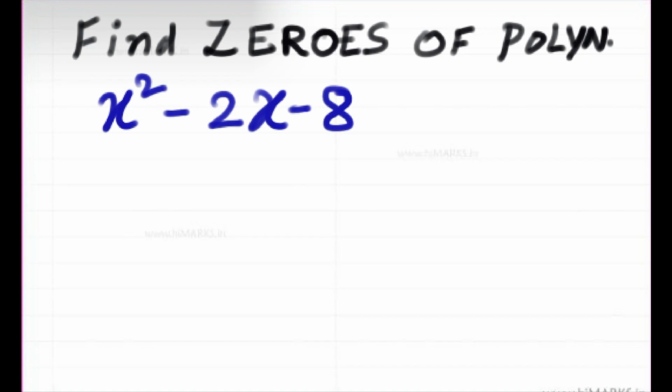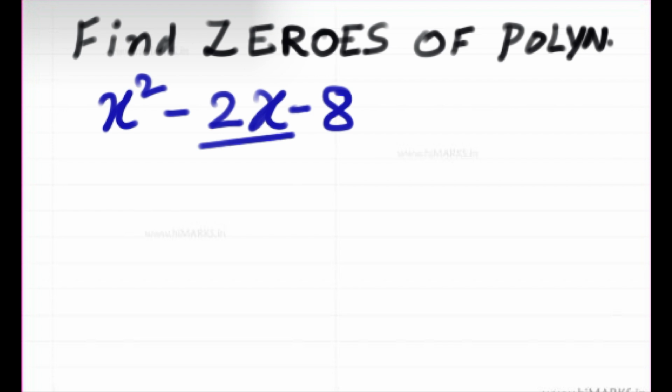So here we are finding the zeros of the polynomial x square minus 2x minus 8, which is the given equation. Here we are using the middle factor method. Middle factor says that the middle part of the equation will be broken into two parts, and the process is